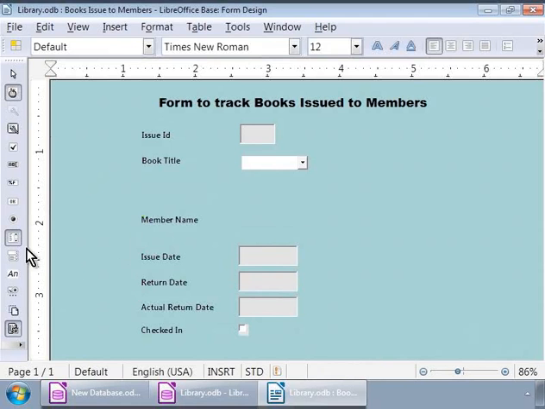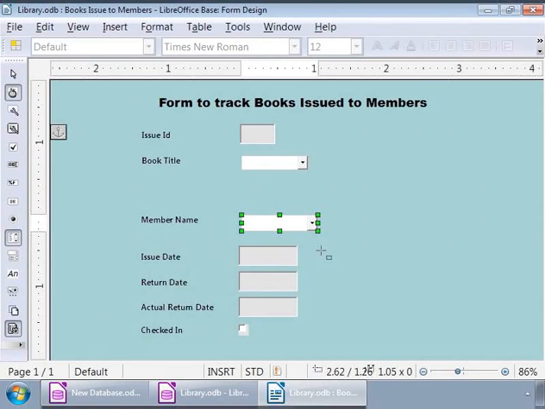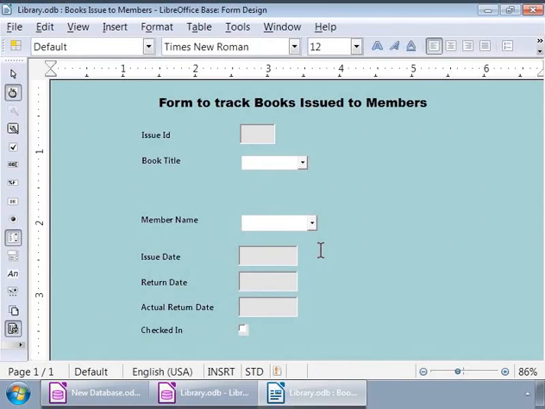Now, let us click, drag and drop the second list box that is to the left of the member name label and move it to its right so that it is aligned with the rest of the form controls nicely. Okay, let us save our work on the form so far by using the keyboard shortcut Ctrl S.